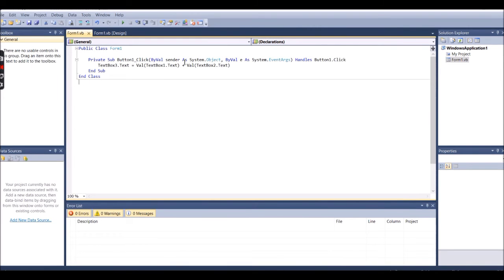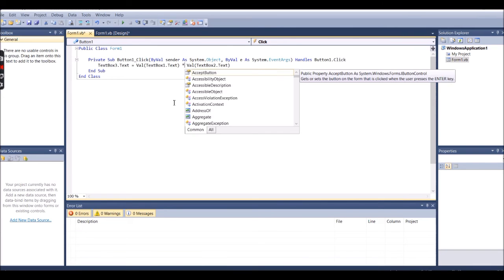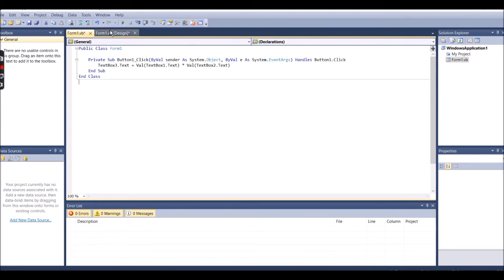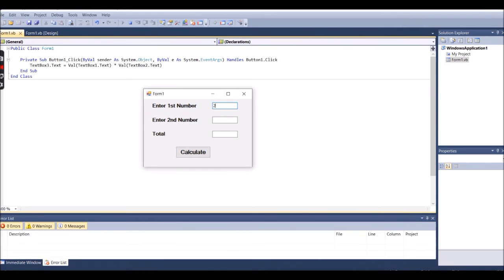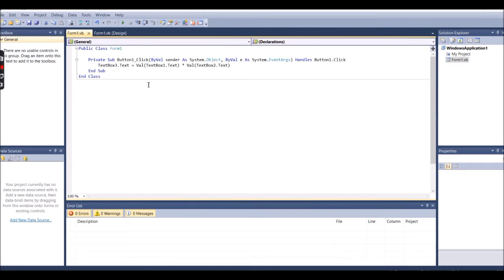Now again, if you want to change, you can change and do multiplication, whatever you want. Place the multiplication sign, that is star. After that, again you execute. Again you will find that 200 multiplied by 50 will give you 10,000. This also you can do. Only thing, you have to change your sign. If you want more zeros, create more zeros, add one zero, multiply. This is how you can make your calculator.